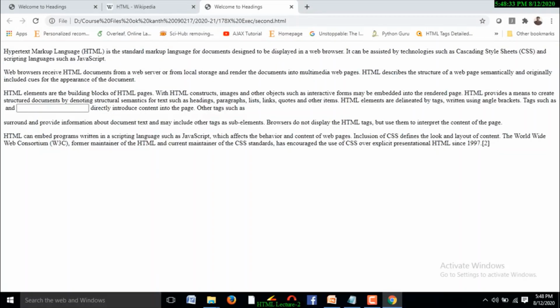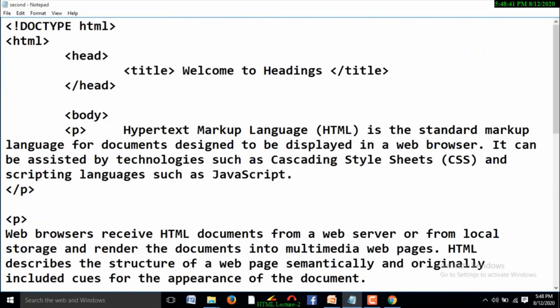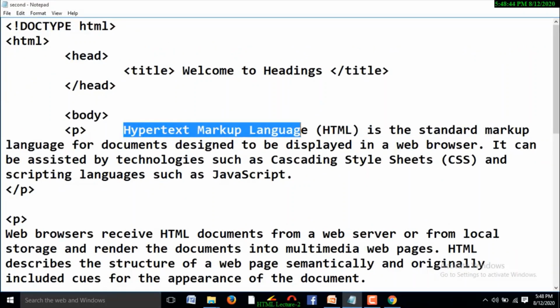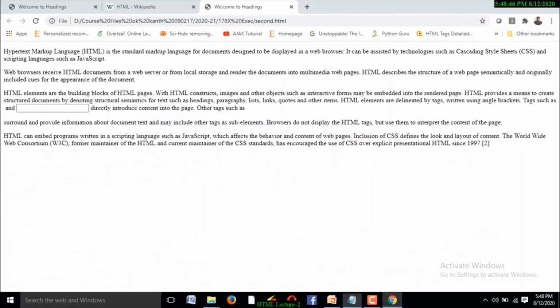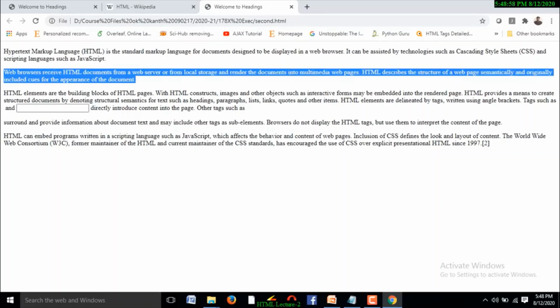See, whatever the paragraphs are available, those paragraphs are displayed as they are, right? Observe the first paragraph. First paragraph is what? Hypertext markup language, and it ends with JavaScript. Observe it in the browser. It begins with hypertext markup language, and this is JavaScript. This is first paragraph. And coming to the second paragraph, the content is arranged in window size or not, web page size or not? Yes, it is arranged in the window size. If it is a pre tag, the content is arranged in original format.